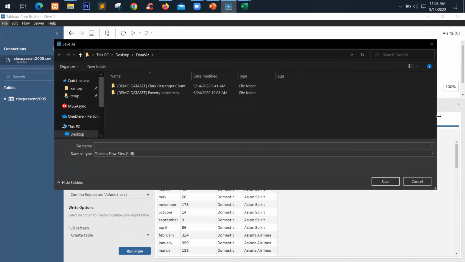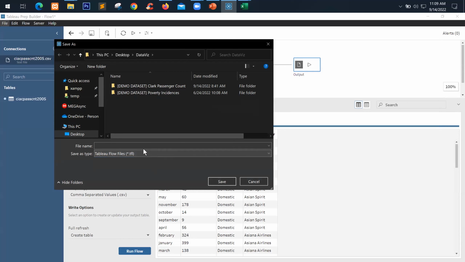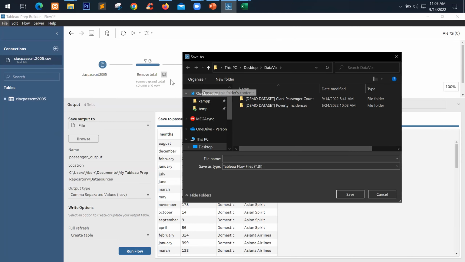So, meaning, pag kinopya ko tong TFL into different machine, tapos binuksan ko siya sa Tableau ko doon, tapos wala ako nung data ko doon, magkakaroon siya ng error. Hindi naman masira yung flow. May error lang. May warning sign dito na exclamation point wherein warning na yung data source is not found. You need to, ano tawag doon? Look for it or change.